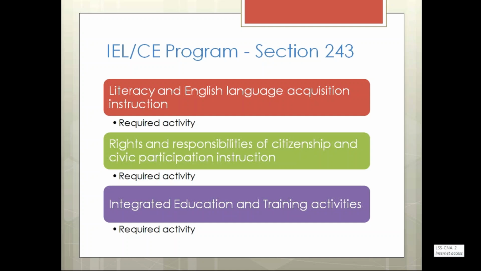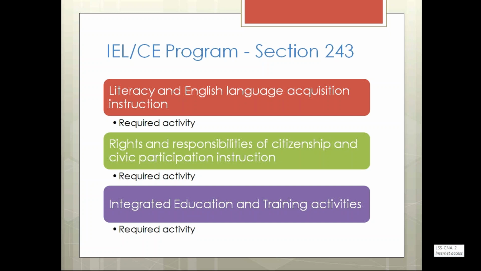IELCE activity, but let's say they don't receive any Section 243 funds. They receive just ABE state grant funds. How would they report that, on, is it NRS Table 3? Or in other words, must the provider receive Section 243 funds in order to report students in IELCE and/or IELCE's Integrated Education and Training subsection?